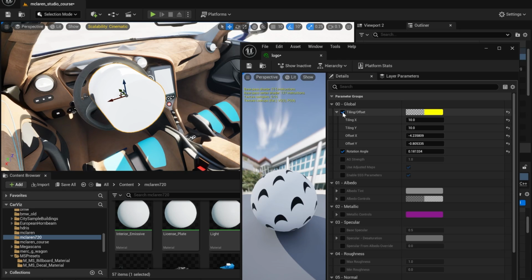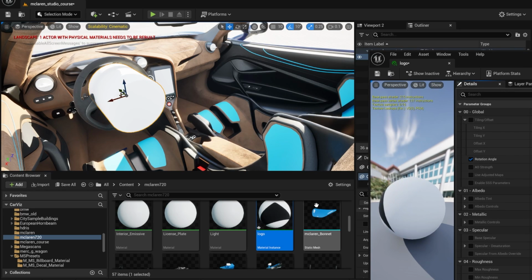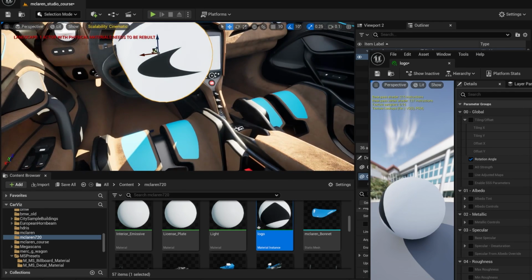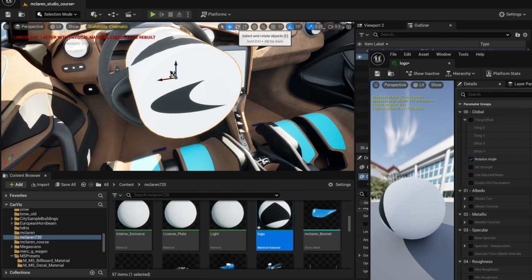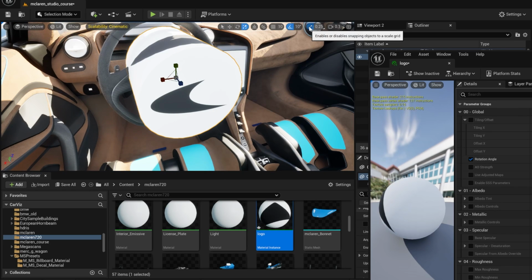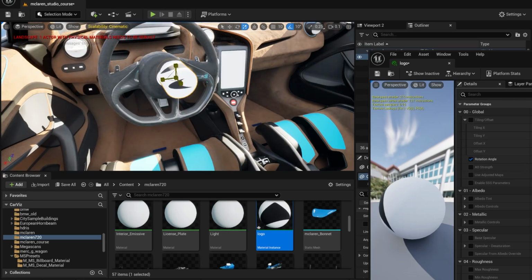And now what we can do is turn all this off and try to apply the material to this to make sure that it applies correctly. Yeah, it does. And now we can essentially just replace that logo thing with this. I'm going to turn off the snapping. And so sometimes you have to replace meshes,